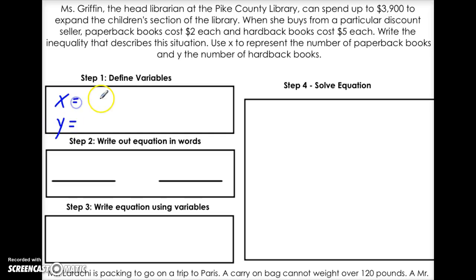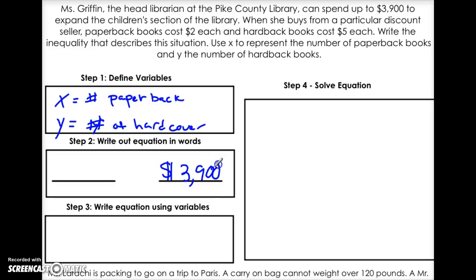Sometimes we're lucky enough to have that. X is the number of paperbacks, and Y is the number of hardcover. So we're going to write this out in words, okay? We know that it's going to cost $3,900, okay? And we know that, well, if we want to find out how much this costs, it's going to be $2 for every paperback. So it's $2 times the paperbacks